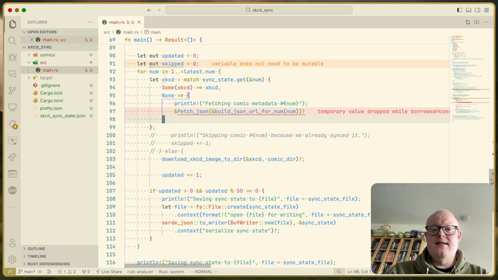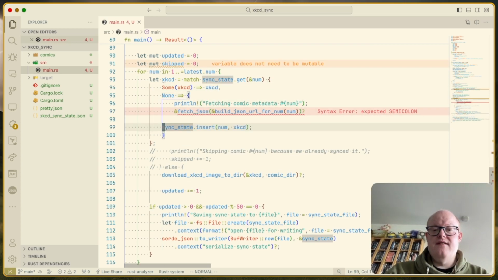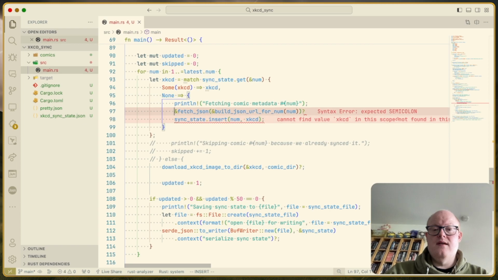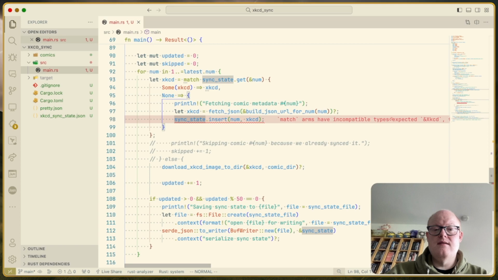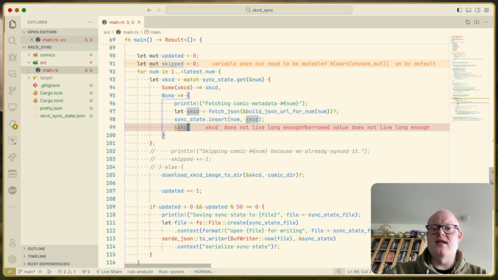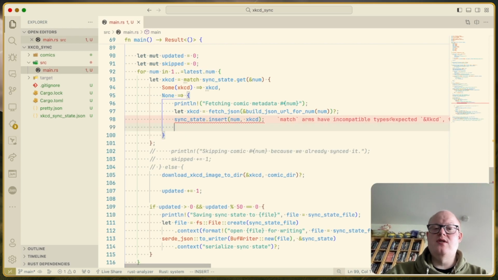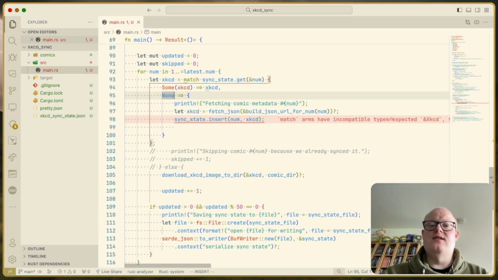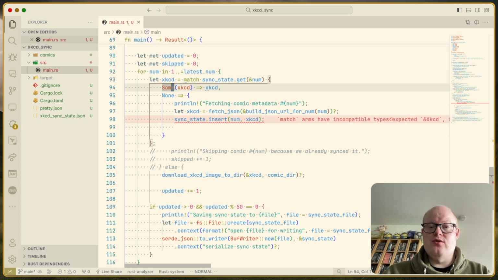We should then, in this case, let XKCD, and then I guess we need to return XKCD. But can we? We can't do that. So what we would need to do is get it out here again. So this is not great actually. What I want to do actually is something like